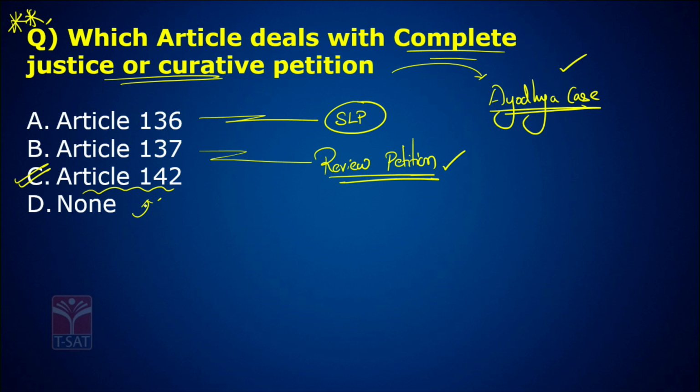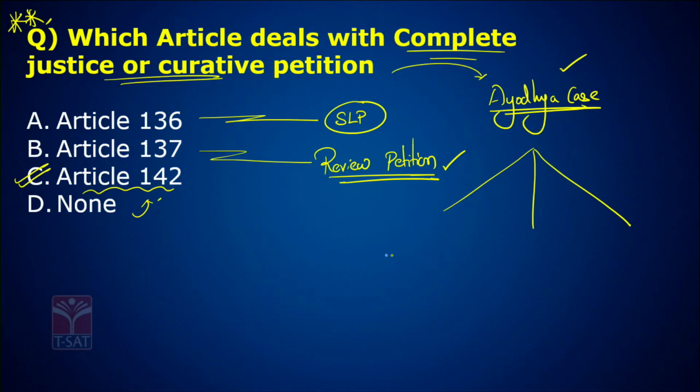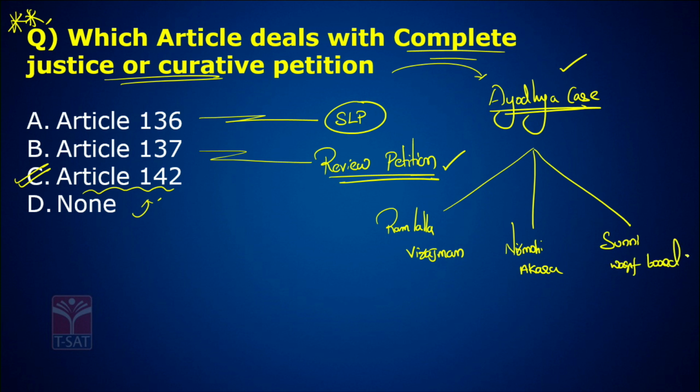To tell you, in the Ayodhya case, there are three parties involved. One, we have Ram Lalla Virajman, we have Nirmohi Akhara, and Sunni Waqf Board. So coming to these three